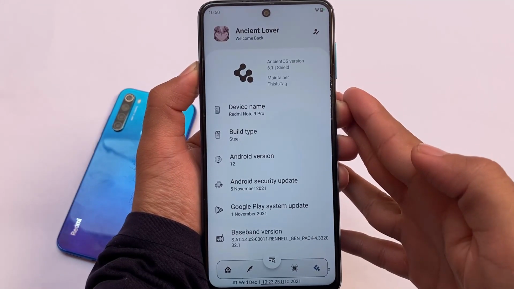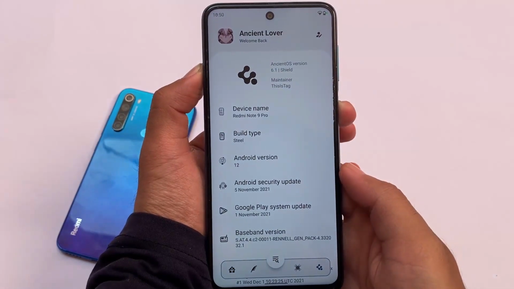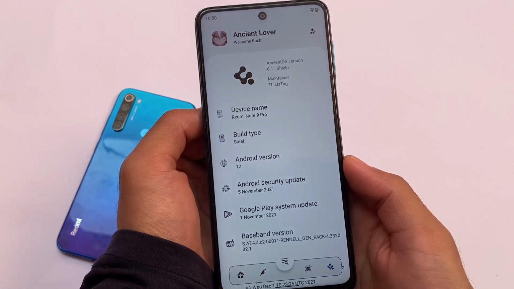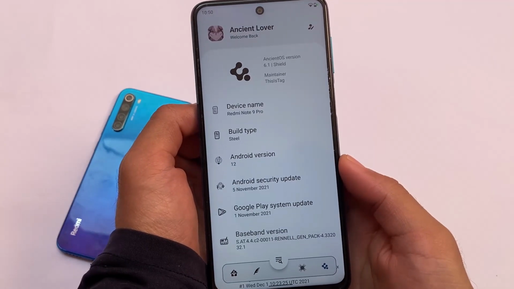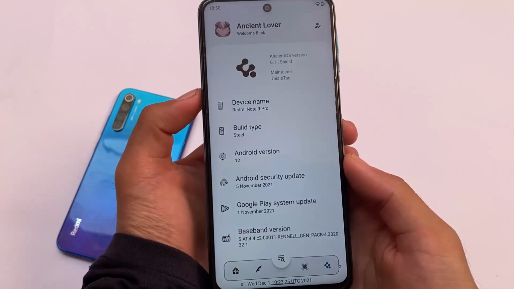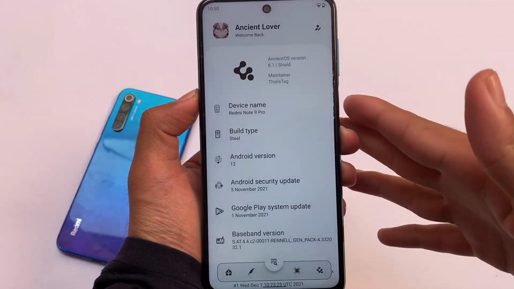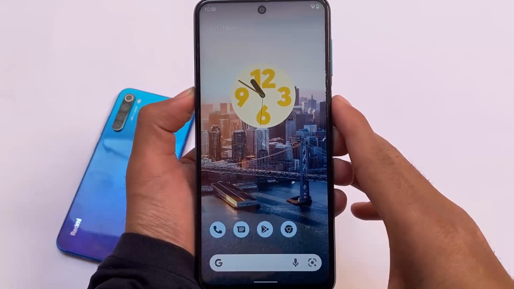EnSynOS 6.1, one of the most customizable custom ROMs right now, based on Android version 12, is now officially rolled out for the Mir Tool devices like Redmi Note 9 Pro, Pro Max, Poco M2 Pro, and Redmi Note 9S. These devices will get this update. If you want to install this, you can install from the manual. Things like custom recovery look quite good. This is based on Android version 12, which we are talking about. The default UI seems to be the same here.